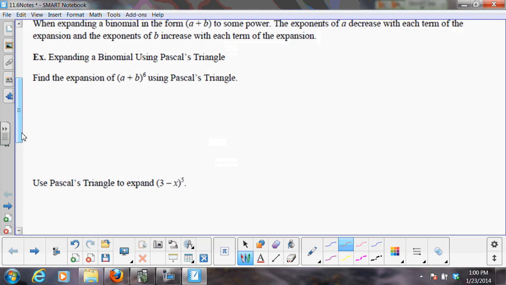So that's my coefficients. I start with 1 times the first term, which is a to the 6th. The first term always starts with the biggest exponent and works its way down. The second term starts with the smallest exponent, which is 0, and works its way up. So b to the 0, plus 6 a to the 5th b to the 1st, plus 15 a to the 4th b squared, plus 20 a to the 3rd b to the 3rd,